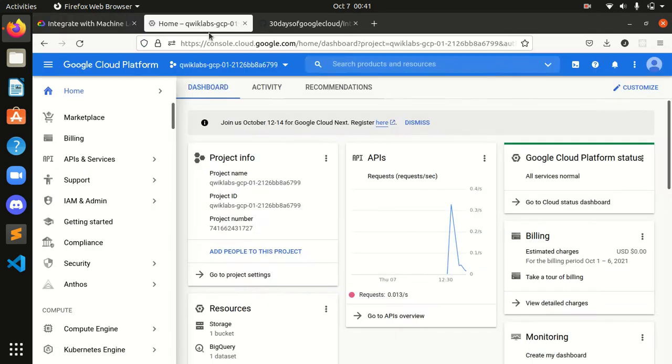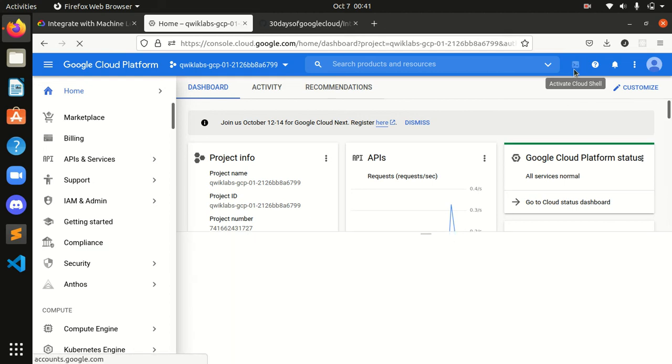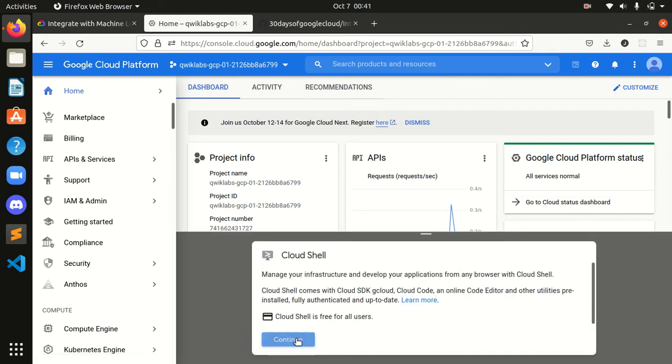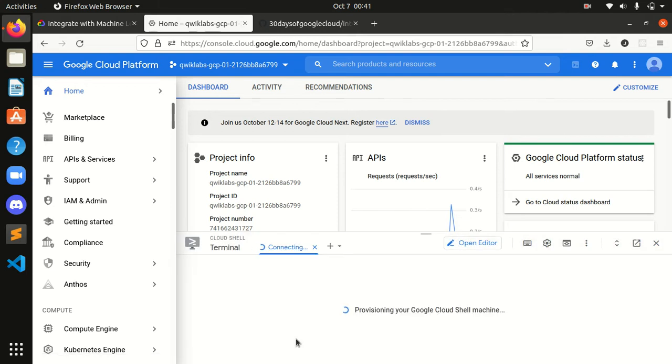So for that, I will first of all activate my Cloud Shell. Okay, continue. Okay, it's going on.